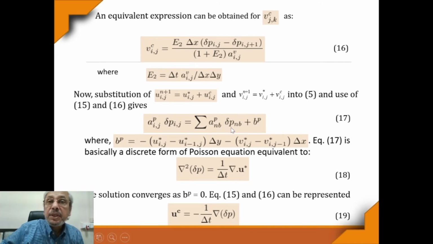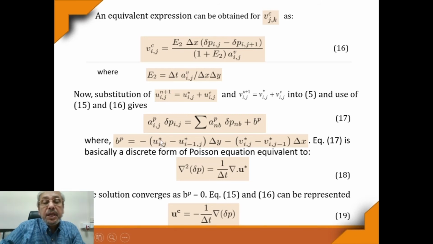That means delta P at i plus 1, j, delta P at i minus 1, j, delta P at i, j plus 1, j minus 1, and their coefficients together, and BP. This BP, if you do this substitution by yourself and write down the equation in the resulting form, you will get one term BP, which is given by,